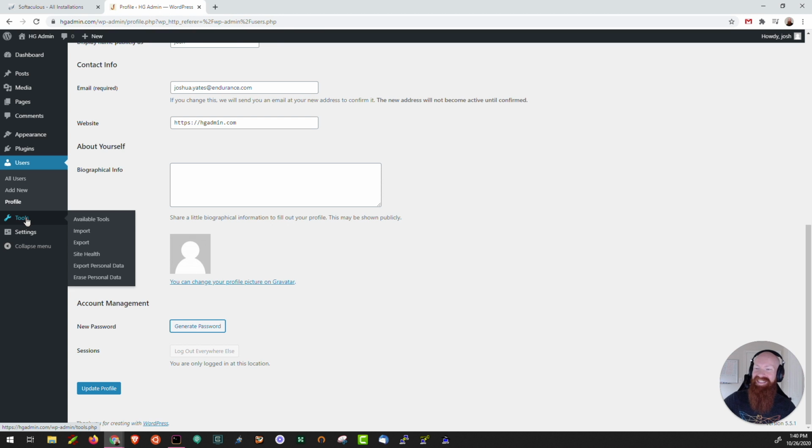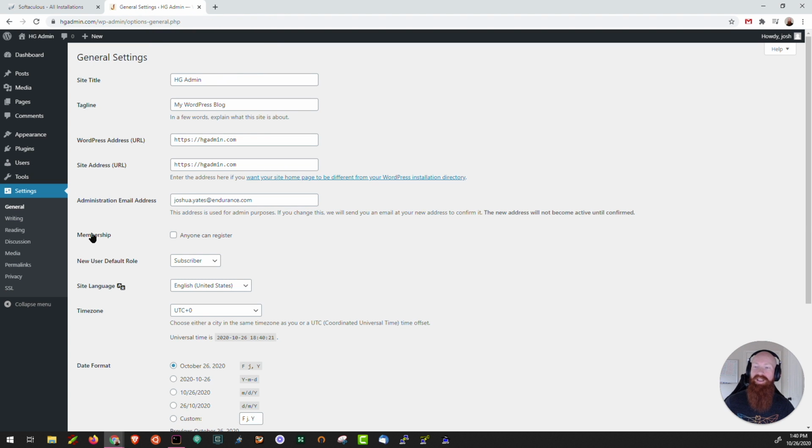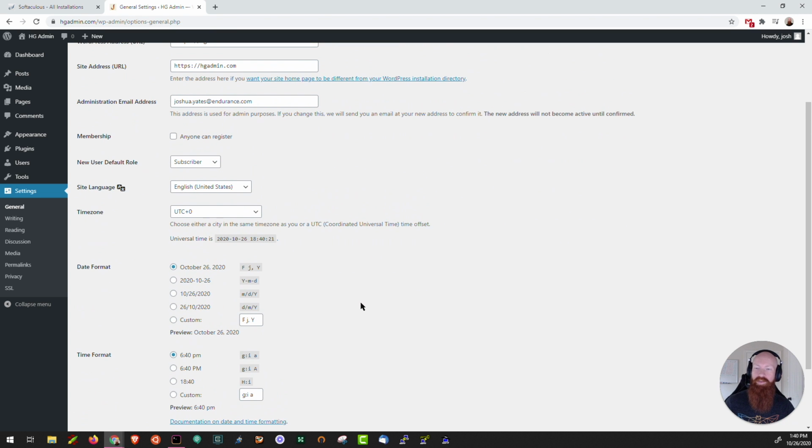Moving on to the Tools and Settings section, there's a bunch of stuff behind the scenes that you may not need to use right away, but if you ever need to search for things inside of General Settings, you can change a lot of the different features in your WordPress site directly from this section. You can change the site title, the tagline, your WordPress URL or site address, the administrative email, and really anything else that you want to change about your existing profile.